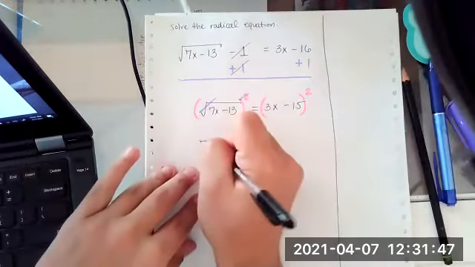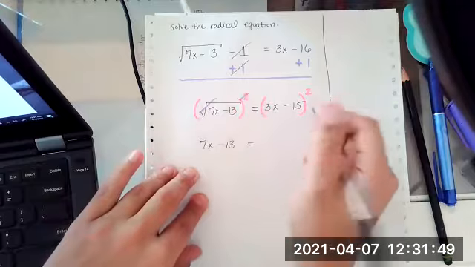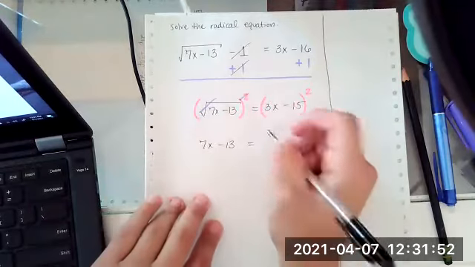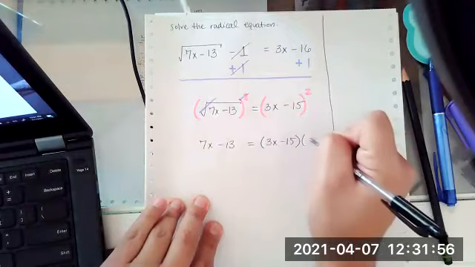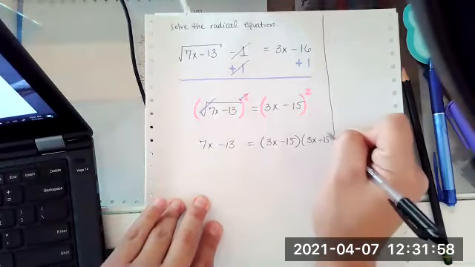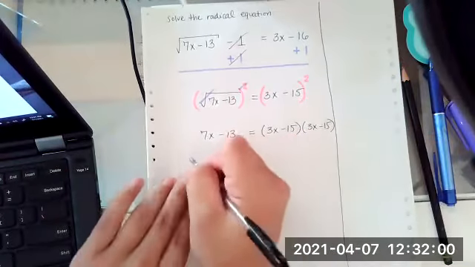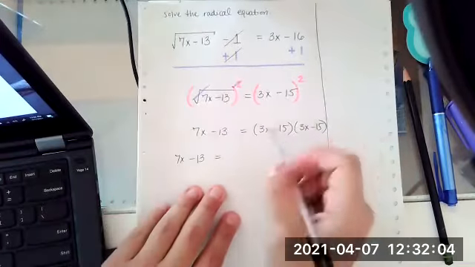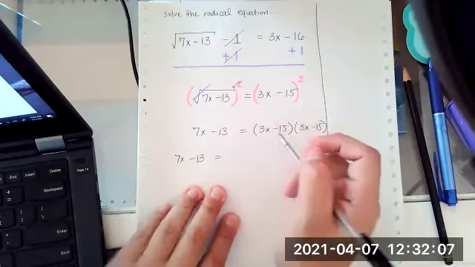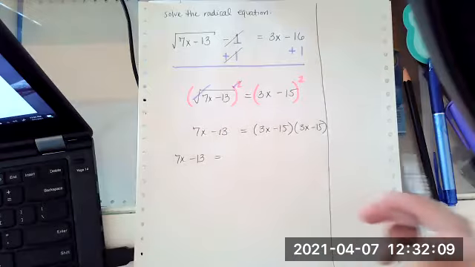So we have 7x minus 13 is equal to this guy, which we probably want to go ahead and write twice so that we can distribute it out. So we have 7x minus 13, not doing anything to the left-hand side. And then when we distribute this out and then combine like terms, we should be getting